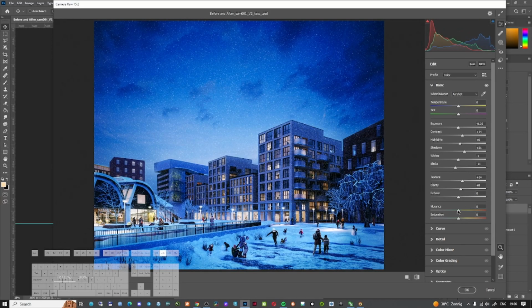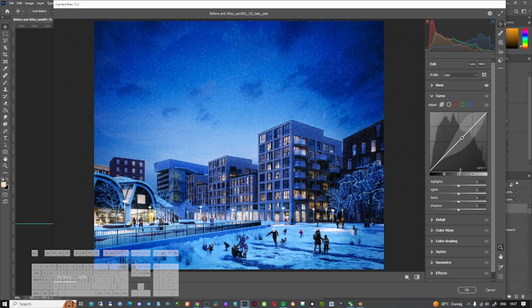And the vibrance, in this case, I think the overall image is a little bit too saturated, so I will just bring the vibrance a little bit to the left, but not too much, to keep a little bit of colors. And then yes, we have the curves in here in case you want to do anything. Of course, you can bring a little bit more light if the image is too dark,